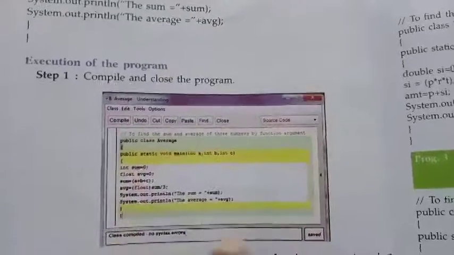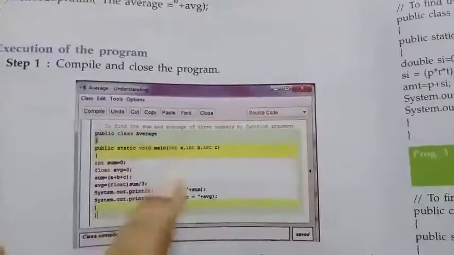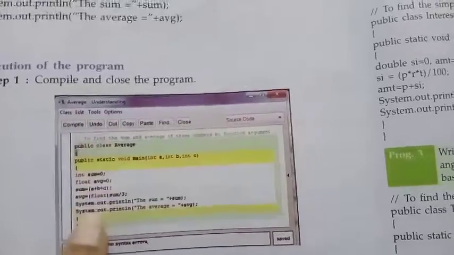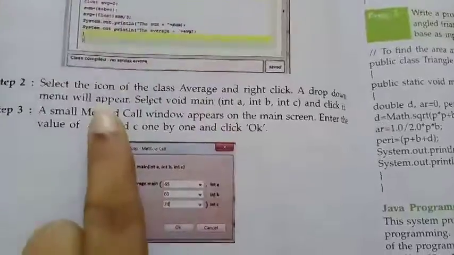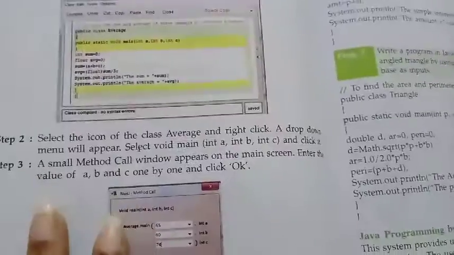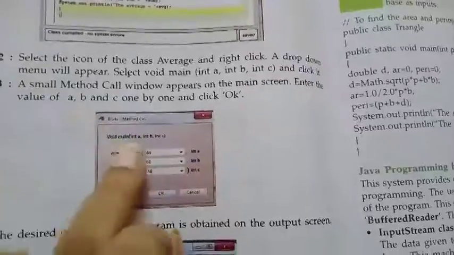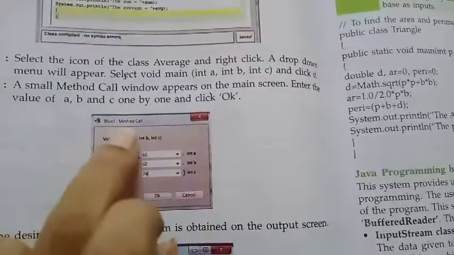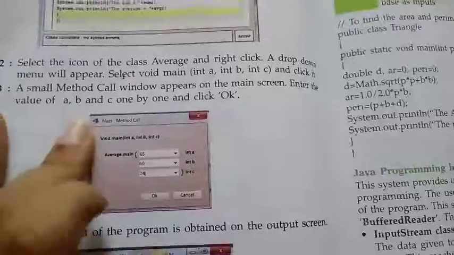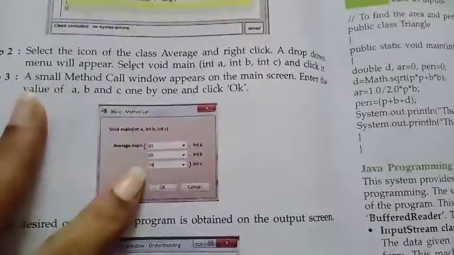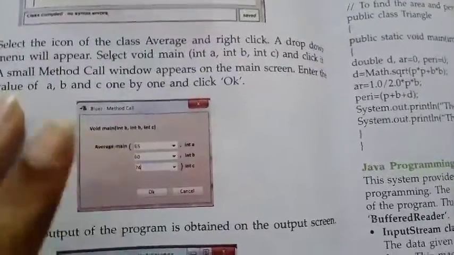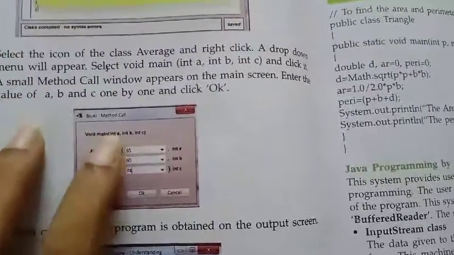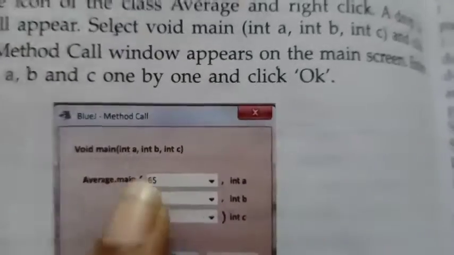Now open your Java window, type the whole program, and execute it. That is, you are going to save the class with the same class name, and then execute it. By that time you are going to take this method call. In this method call only, you are going to give the input. Whenever you are using the function argument as your input method, the input should be given in this method call itself.